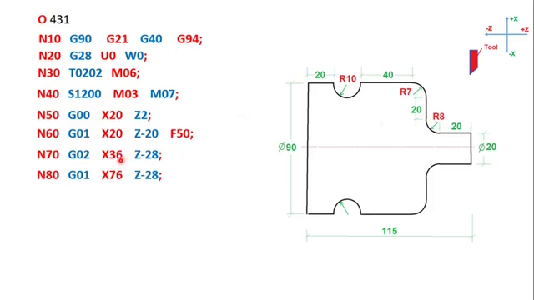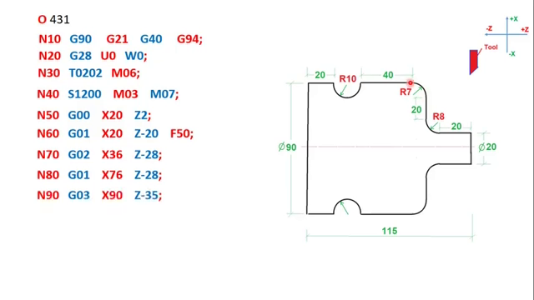We already got X36, plus I have to add 20 this side, 20 this side, so that is plus 40. So 36 plus 40, 76. So I will reach this position. Then from here again I am going in the anti-clockwise direction, you can see. So from here I have to define the endpoint.